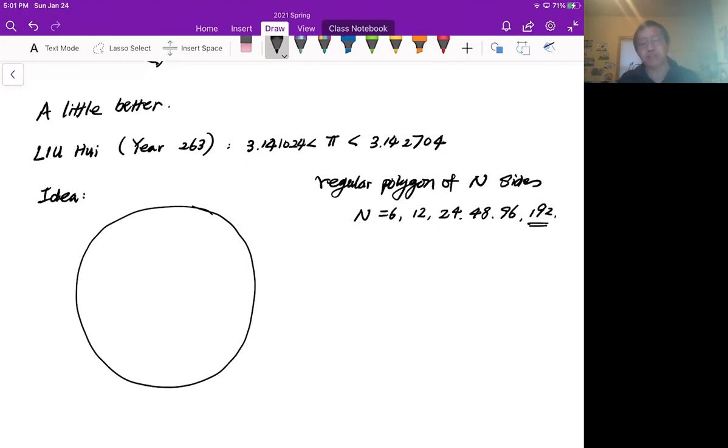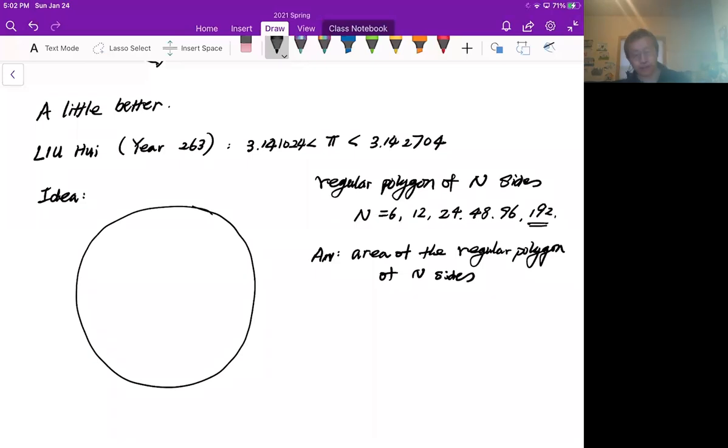Basically, you go from the 6 sides, and then you make it bigger and bigger: 12, 24, 48, 96, and at some point you get a very good estimate, up to 192. So let me give you the idea. First of all, let's assume that A_n is the area of a regular polygon of n sides